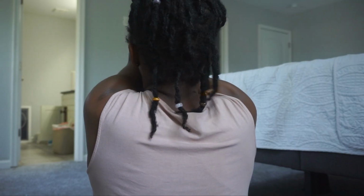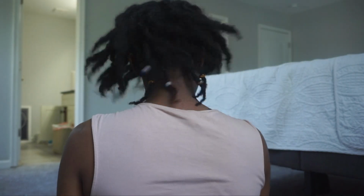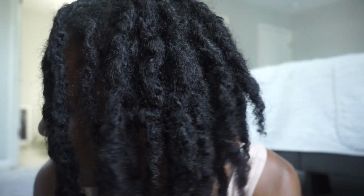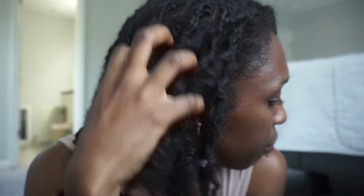So my hair is 6 months locked, and here is a bit of a texture shot for you guys. For this journey, it's so important to take pictures and to show comparisons because my hair kind of seems the same in a lot of ways. Take two, because that was not working. I think I've had really, really good progress with shedding hair and length retention, and I think that I'm lucky